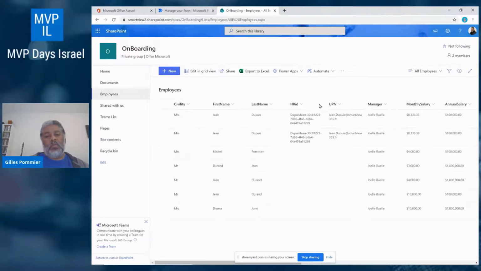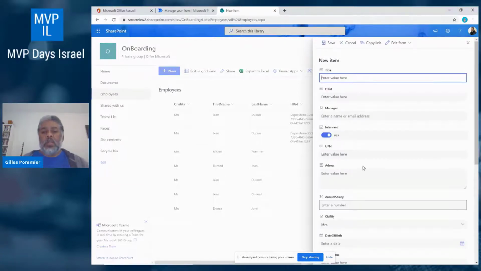The first step is in SharePoint, because I've got a SharePoint list here with multiple fields that are available. And the goal is for a manager, for example, when you want to have new employees and to generate the contract, to insert a new entry in this list. So this list is just a SharePoint list. Of course, it could be Power Apps forms, but for this demonstration, it will be only a SharePoint list.